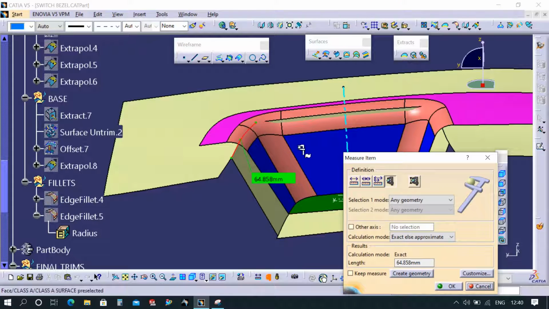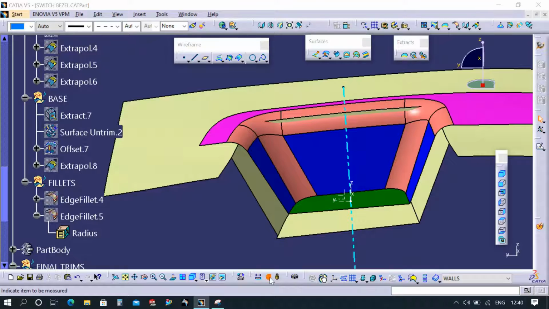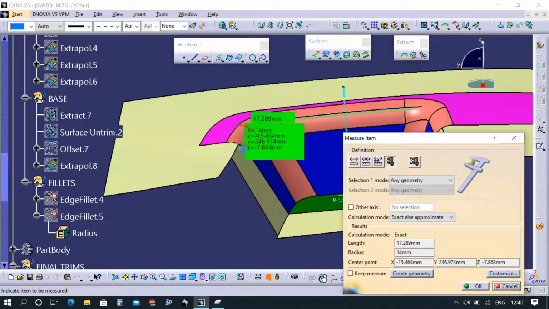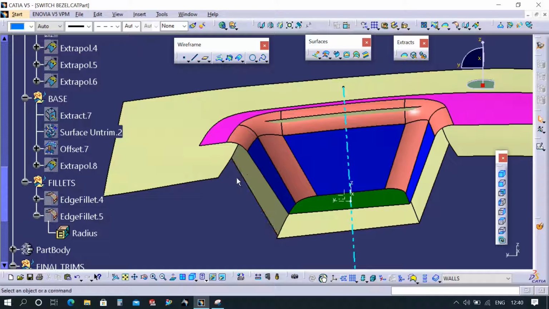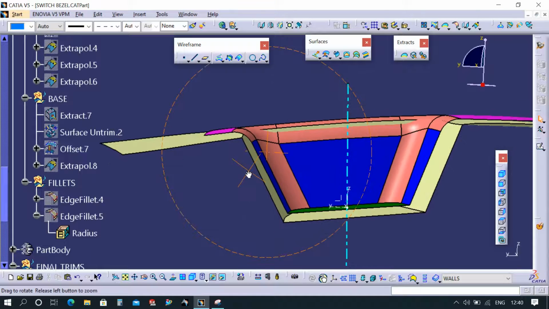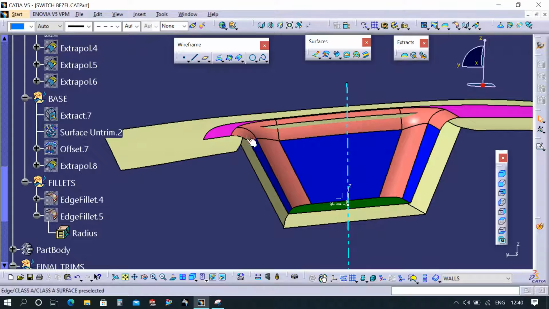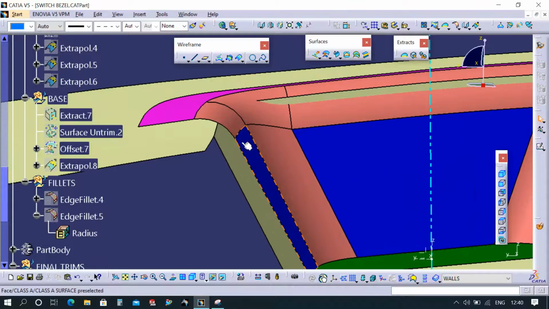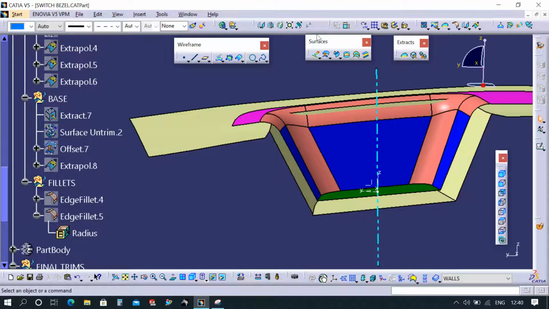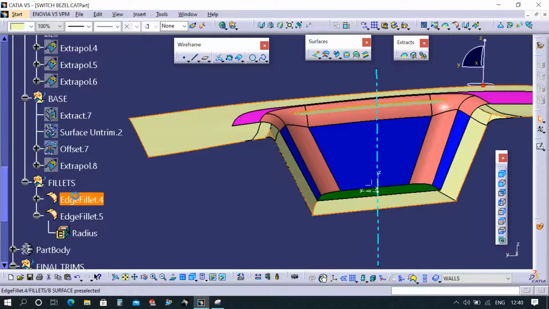Go to this one. Okay. Radius is 14. Radius is 14, no? Okay. 14 plus 3, you have to give. We have given a thickness of 3 mm, right? So the fillet will be 14 plus 3. So we'll give the fillet to that one also. We'll go to the fillet option. I have already done it also. So what I did...